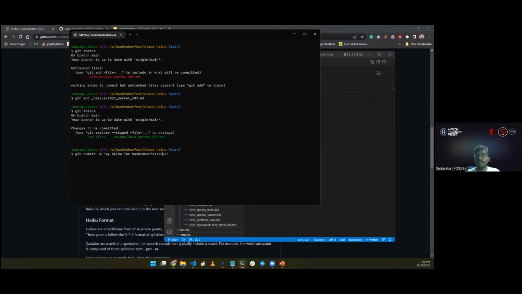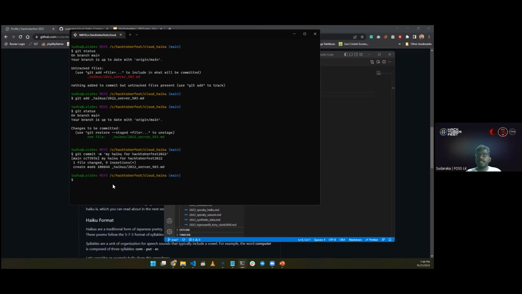Right, like this, some kind of meaningful thing. So I'm going to hit enter. So this commit message will be appended to my commit. Right. You can see one file changed and the number of insertions as mentioned here. So I have added nearly 9 lines.